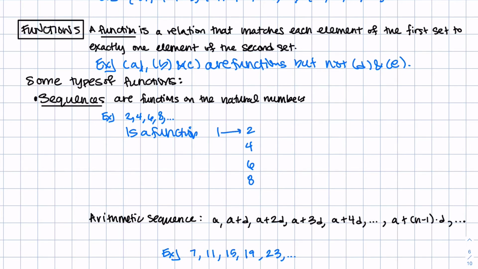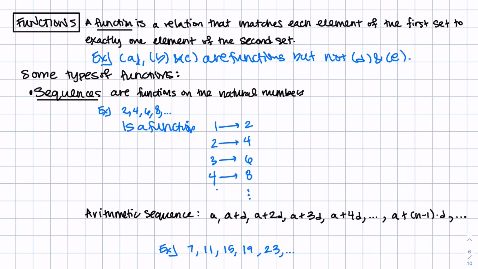So we'd say the first element goes to 2, the second element is 4, the third element is 6, and the fourth element is 8. The fifth element is 10, and so on. So in this way, we can think of this as a function, which is, of course, a type of relation. And so all sequences are going to be functions, because